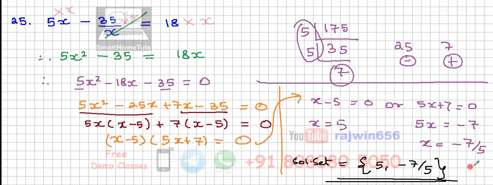Take down this sum, and if you have any questions, you can ask. Basically what we have done here is, because x was in the denominator, I multiplied all the terms by this number. For example, if 3 had been there upon x, then the LCM of 3 and x would have been 3x, and you would have multiplied everywhere by 3x, 3x, 3x. This is the method of solving the sum. Take down the sum, and if you have any questions, you can ask me, and then we will go ahead to the next sum.